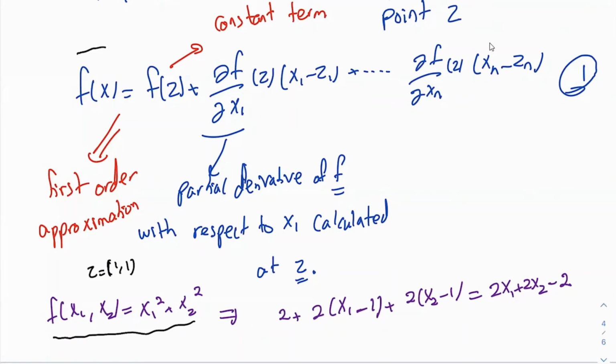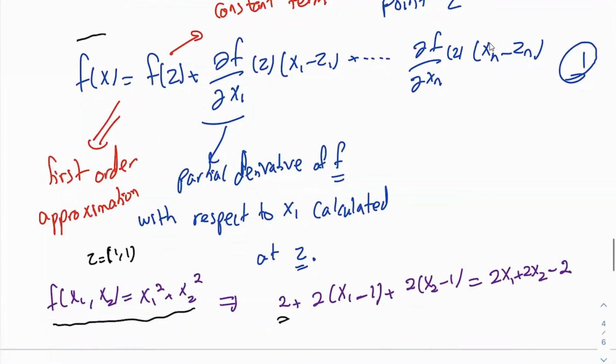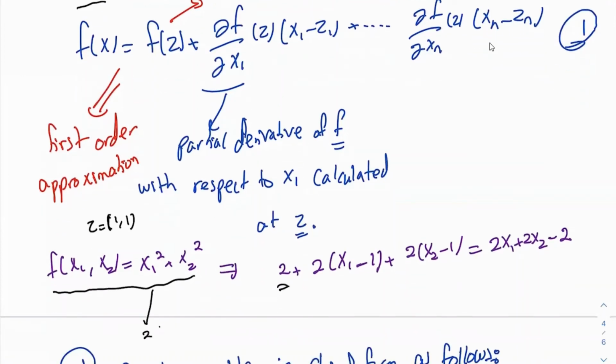So you write f of z, z is (1, 1), right? f of z is going to be 1 squared plus 1 squared, which is 2. The partial derivative of f with respect to x1 is equal to 2x1, with x2 held constant, right? So 2x1